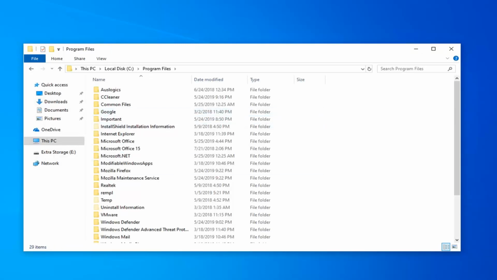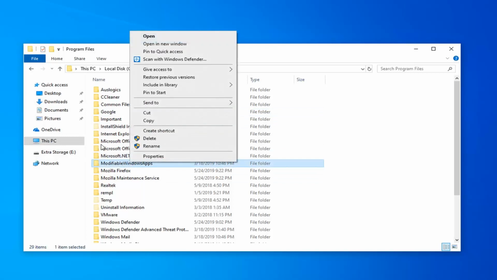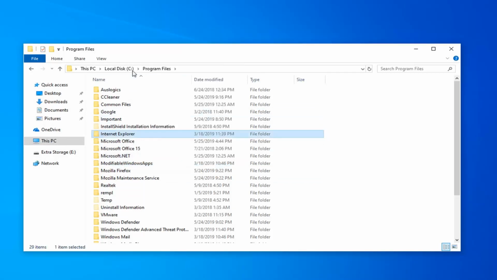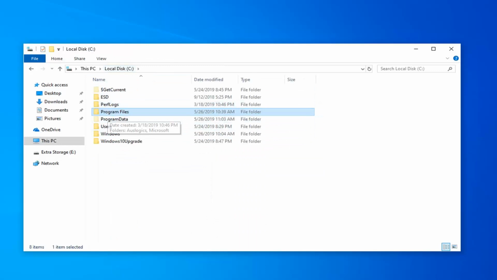and if you see Steam in here, you want to right click on it and remove it. So just delete, and you want to go look in Program Files (x86) as well. So it might be in the x86 Program Files folder. So once you're done with that, close out of here, restart your computer, and then you want to go open